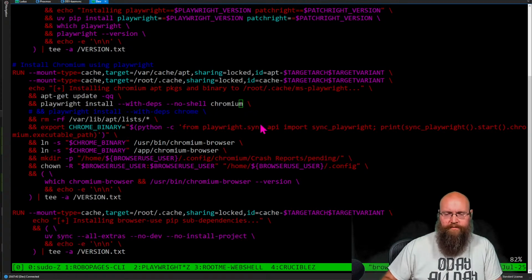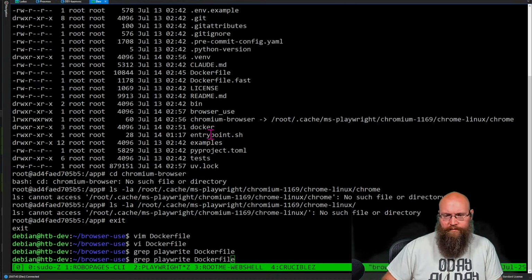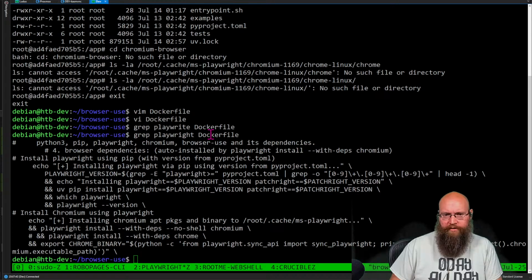You're not supposed to do the mouse here. Grep Playwright. There we go. Here we go. So I want this command right here.